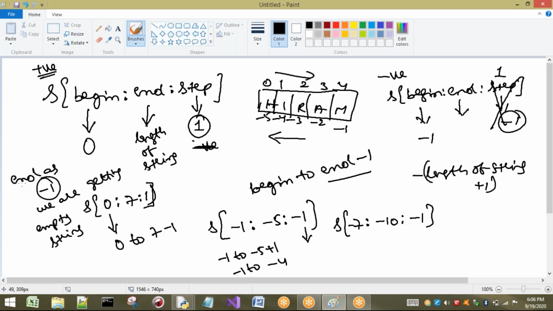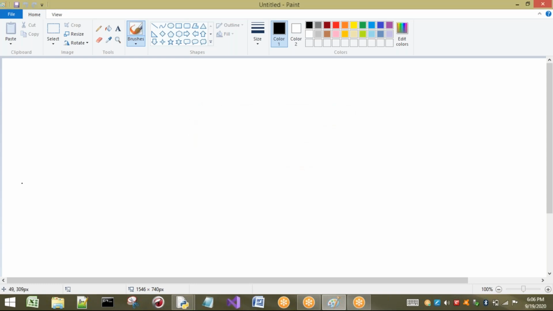So today I'm going to show you the remaining concepts on strings, right? Now I want to show you about mathematical operators that can be applied on strings. Here we have two mathematical operators which can be applied on strings. The first one is plus, the second one is the multiplication operator. Let us see now how these can be used on strings.